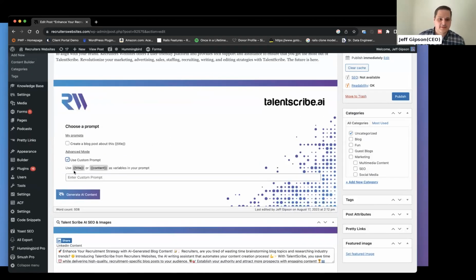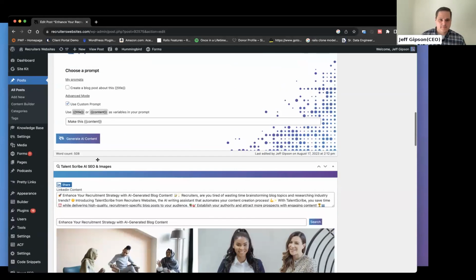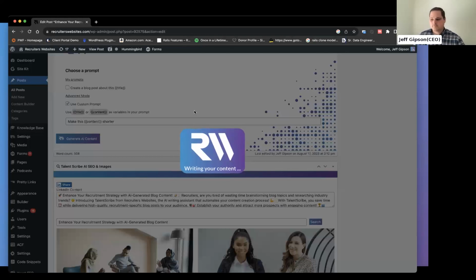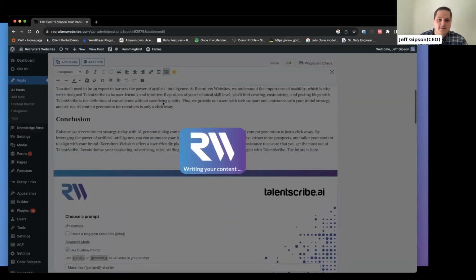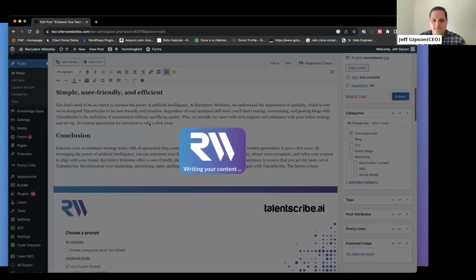So something like this. Make this content shorter. And that content placeholder just takes all of this content and puts it into the prompt.